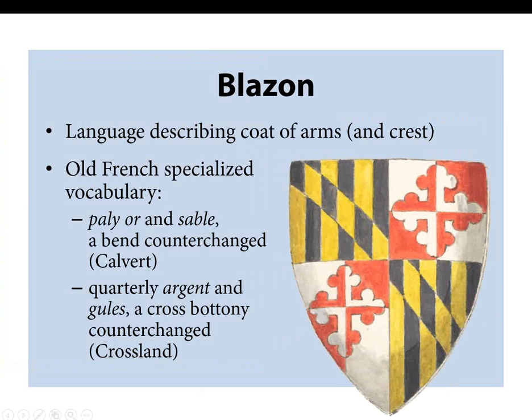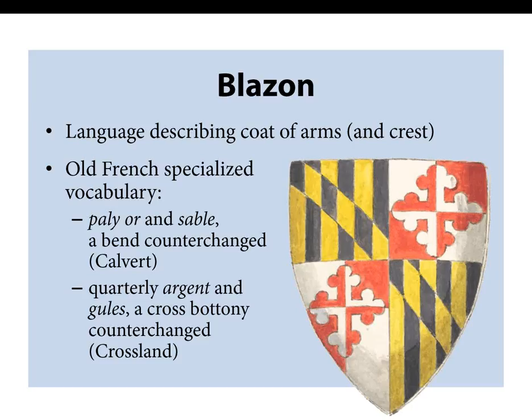The next term is more of a concept than something you see on a coat of arms. The blazon is the textual description of the visual elements of the design of a coat of arms. And blazon is a set of vocabulary words, and it's a way of stringing them together in an expected order that efficiently describes the design in a coat of arms. The word blazon and the